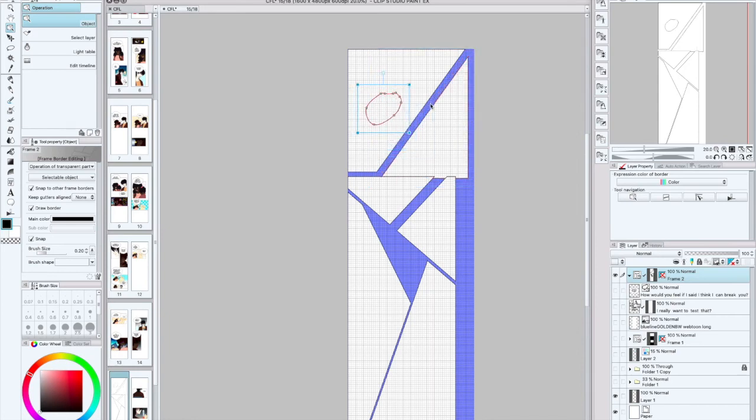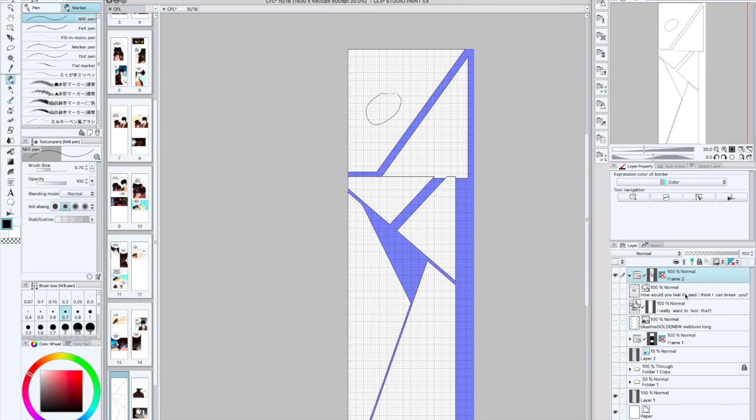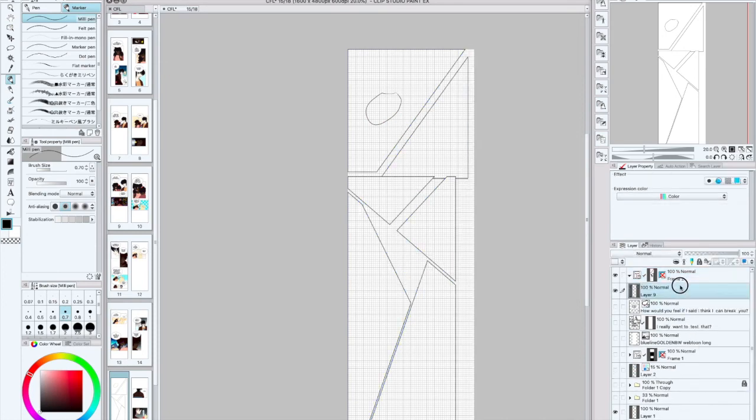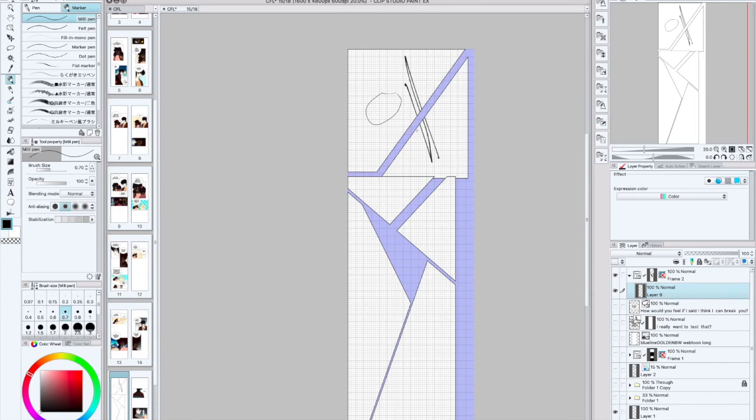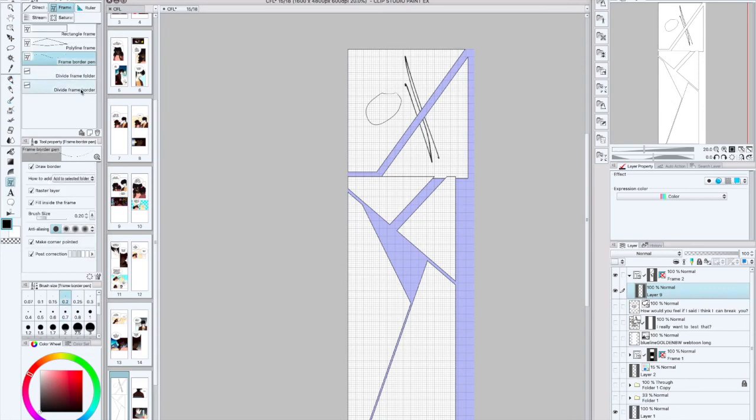It looks like this purple area is actually a mask, so you will not see anything. Let me put this within the folder. You see how you don't see anything in between that? That's what this purple area does, and that's what these frame dividers help you to create, is that layer mask, so you don't have to go in and erase everything. If you're using these options, I believe,